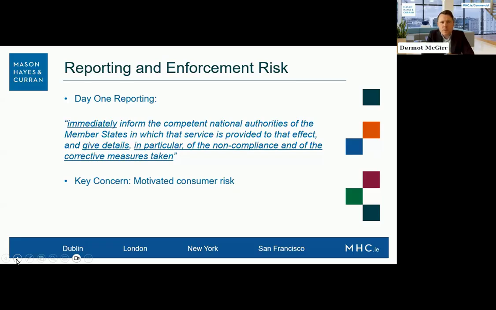One of the points I relatively commonly get asked about now, primarily from clients who are based in the US, is the risk of damages claims in this context. My understanding is that in certain states in the US there can be damages claims arising from non-compliance with accessibility laws. The comfort I can give around that is that the EEA doesn't specifically envisage that. What the EEA, certainly the Irish implementation of it, envisages is that there would be an order of non-compliance and you're told to bring it into compliance.